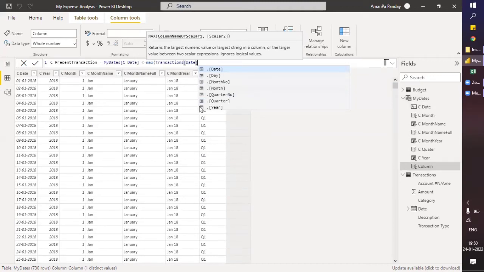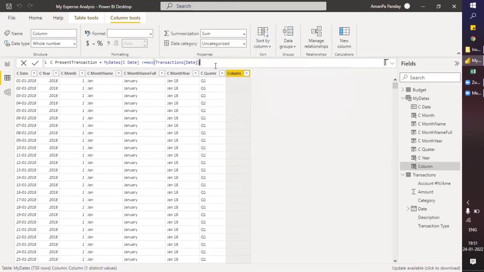Whenever you come across this, if you want to be specific, then you can select from this. You can see there is a drop down: day, month, year, and so on. You can see day, month, number. So if you want to be particular, if you want to only match year, then you can just select year from here. Or if you want to be particular with only quarter, then you can just put a dot and write that. Now I am concerned only with the date, so I can also go with the first one, date, but if I close the parenthesis here, then it will also work.